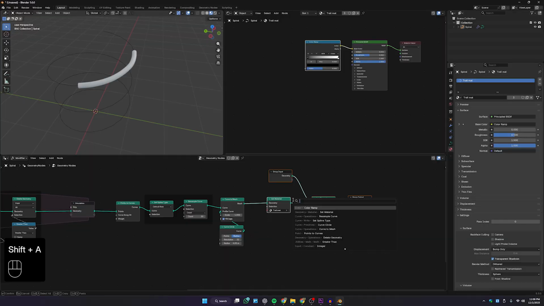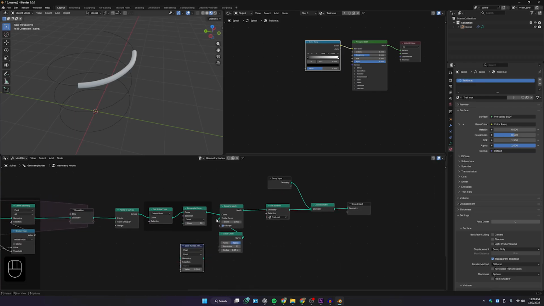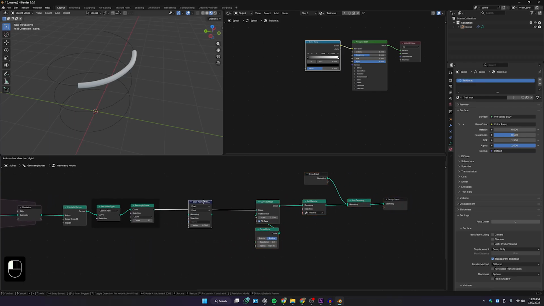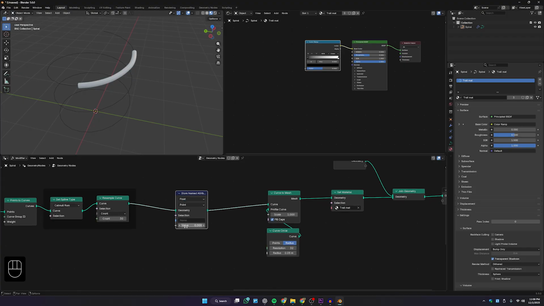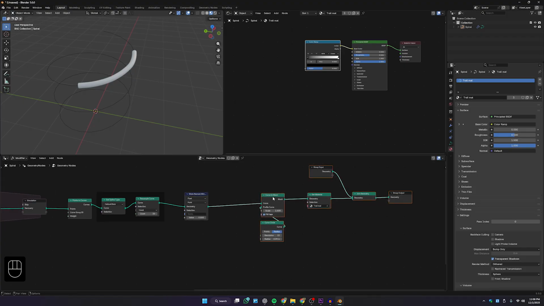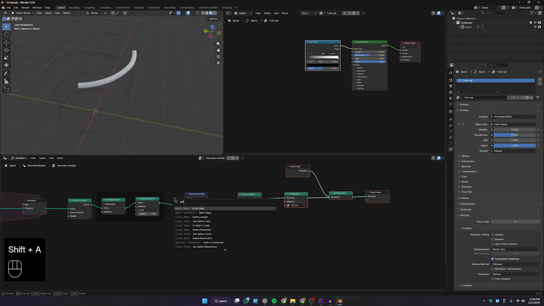In order to achieve that, we have to use another node. This time we also use the store named attribute, so we're going to use the store named attribute again. It's going to be before my mesh, because this is related to the curve setup. We're going to use this node to understand the curve length. So I have to use another one, and this is going to be spline